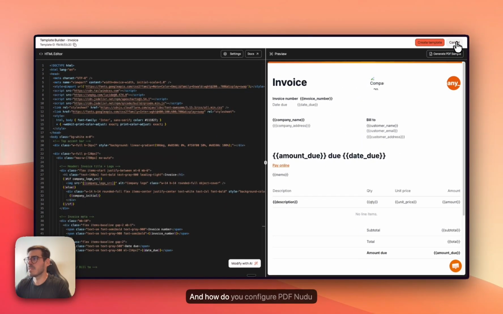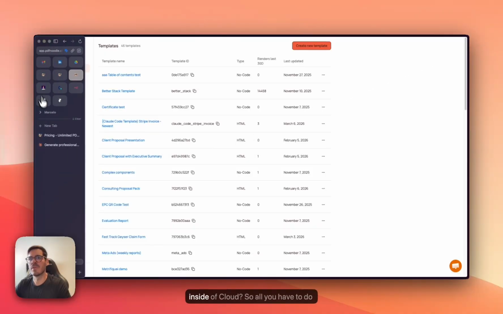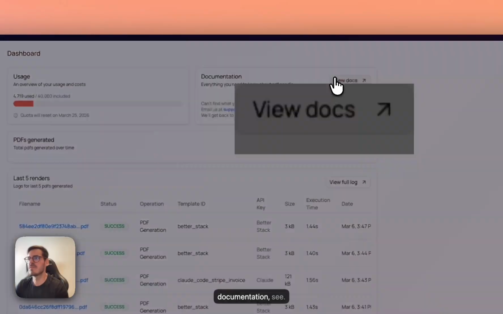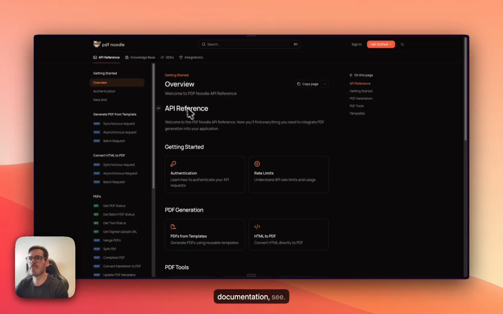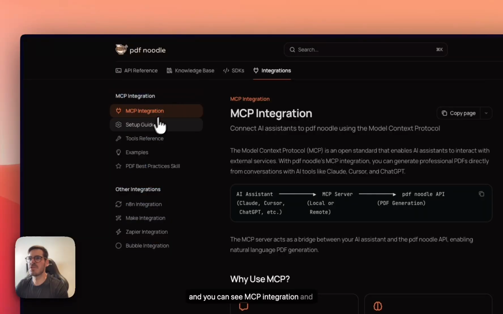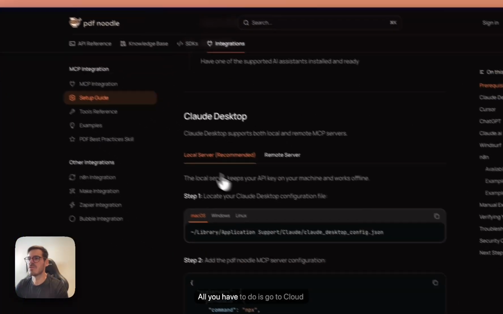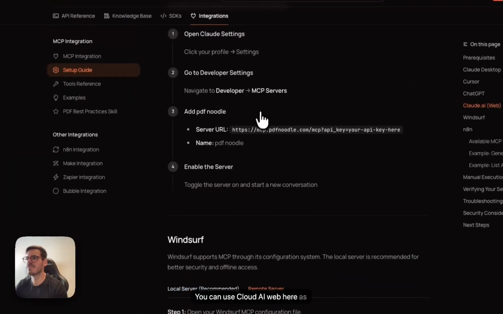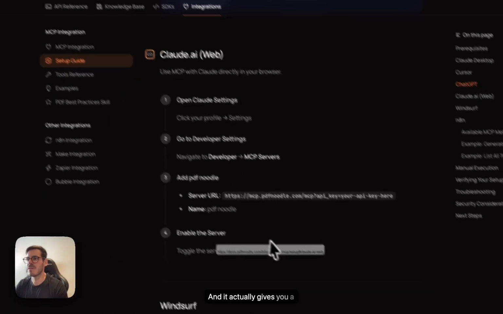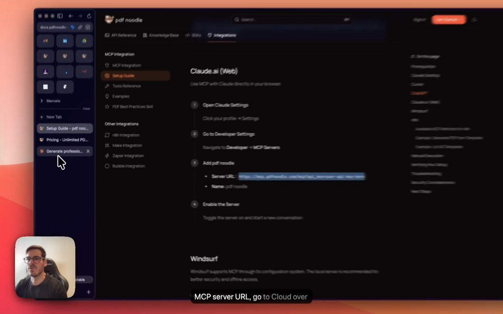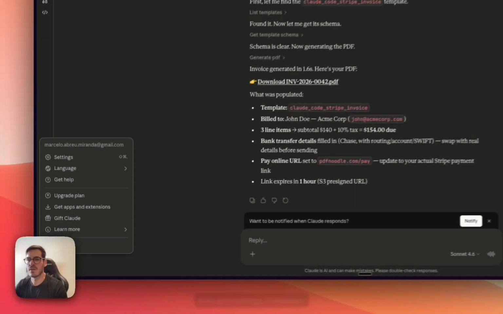And how do you configure pdfnoodle inside of Claude? So all you have to do here is go to pdfnoodle documentation. See, they have this integrations tab here, and you can see MCP integration and setup guide. All you have to do is go to Claude remote server. You can use Claude AI web here as well, and it actually gives you a step-by-step on how to do it. So all you have to do is copy this MCP server URL, go to Claude over here,